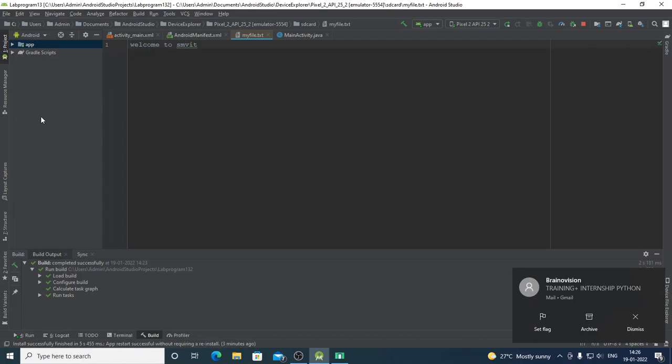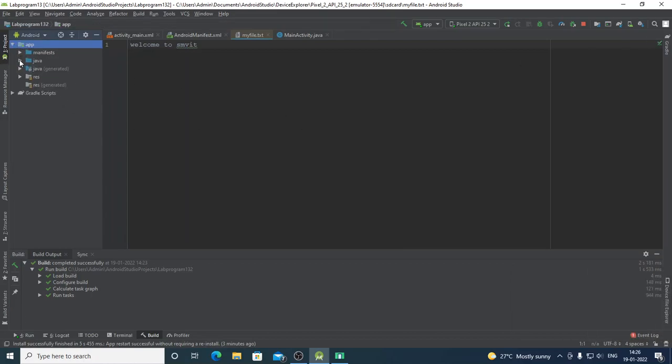Coming to the explanation of the program, no specific extra classes have to be created. So as usual, you can start the project. You will get one activity_main.xml file created, and one MainActivity.java file created. So let us see what the contents of the files are.